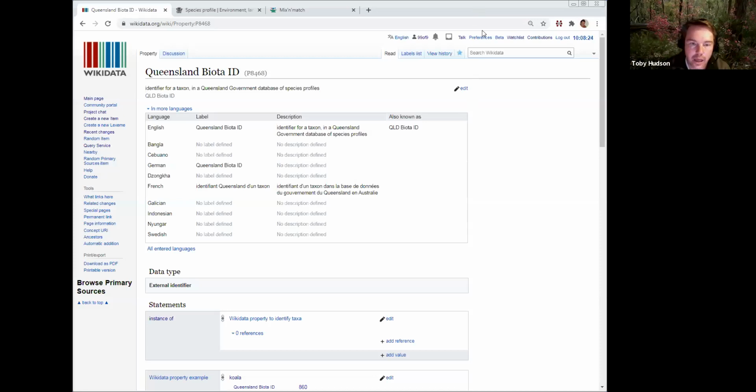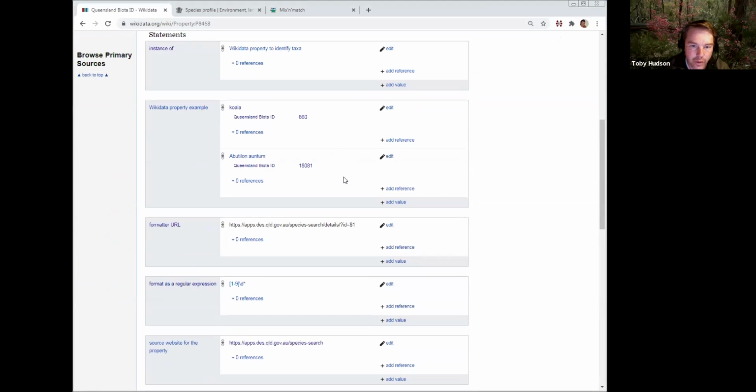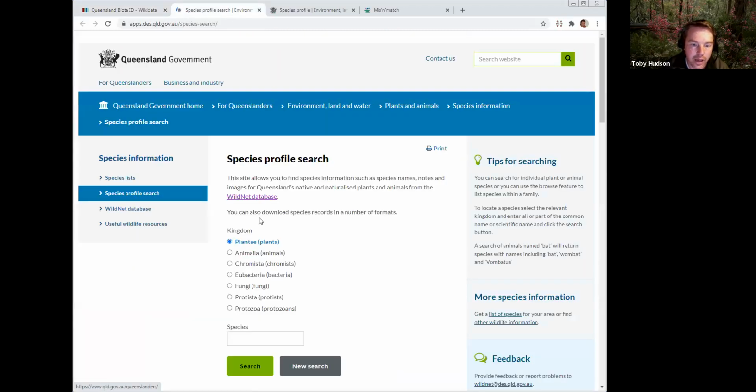We have already chosen a particular property that we're both interested in, and so I'll share this particular set with you. Here we go. It's called the Queensland Biota ID, and it is a property already. So the property proposal has already gone through. There are some examples that are already matched, and the crucial property here, this source for the website, is already available, so we can go there and find any particular